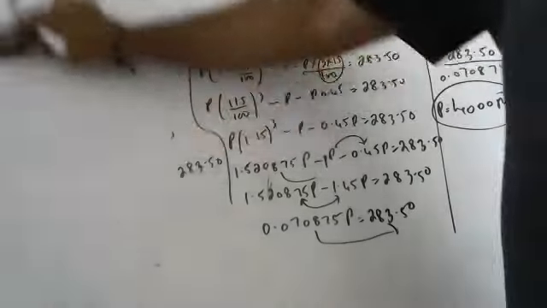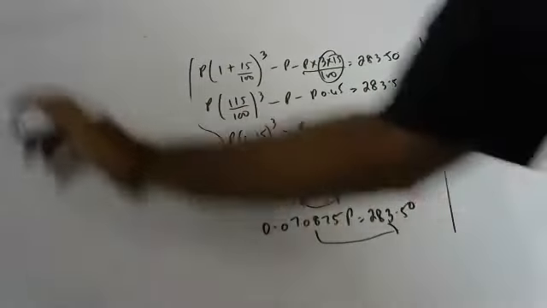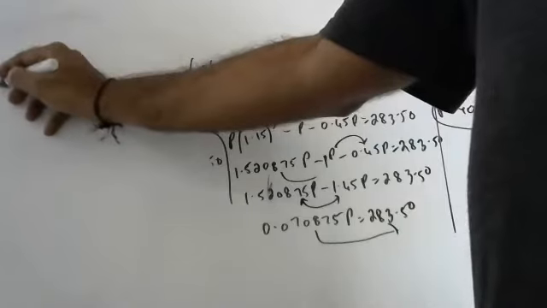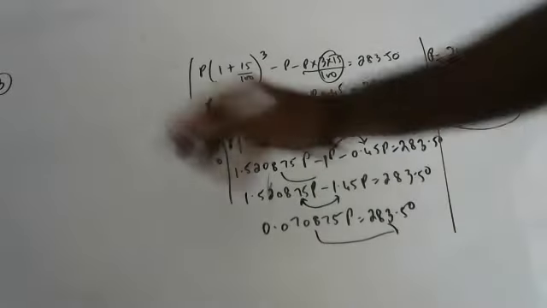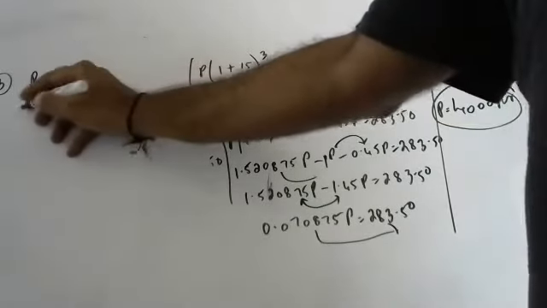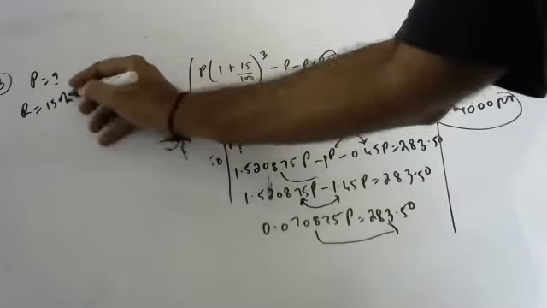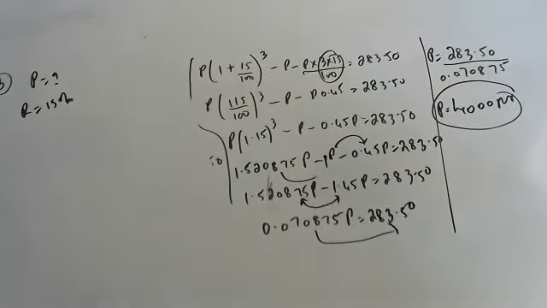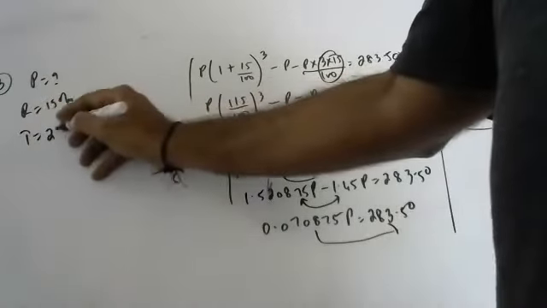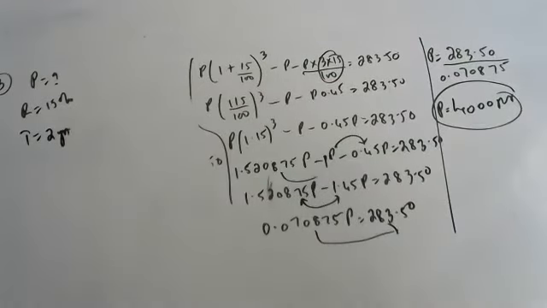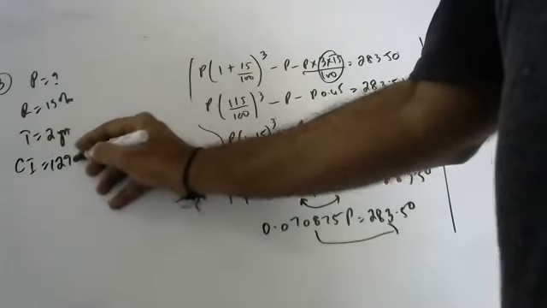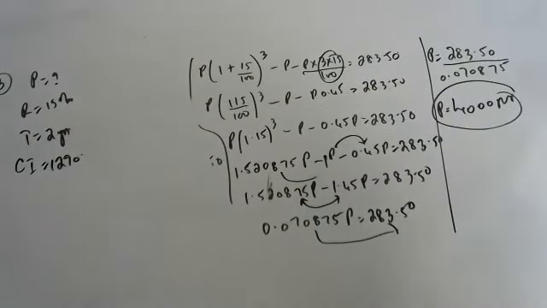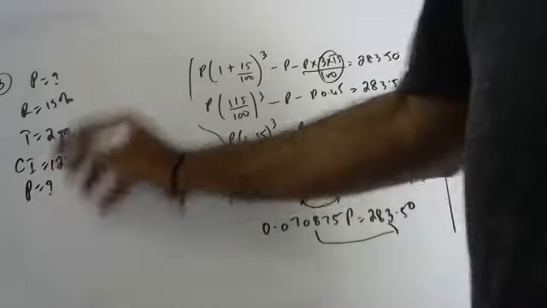Okay, children, next question. Nandika, the third question is your sum. Rachana borrowed a certain sum at the rate of 15% per annum. If she paid 1290 as compound interest at the end of 2 years, find the sum borrowed. Compound interest is 1290.